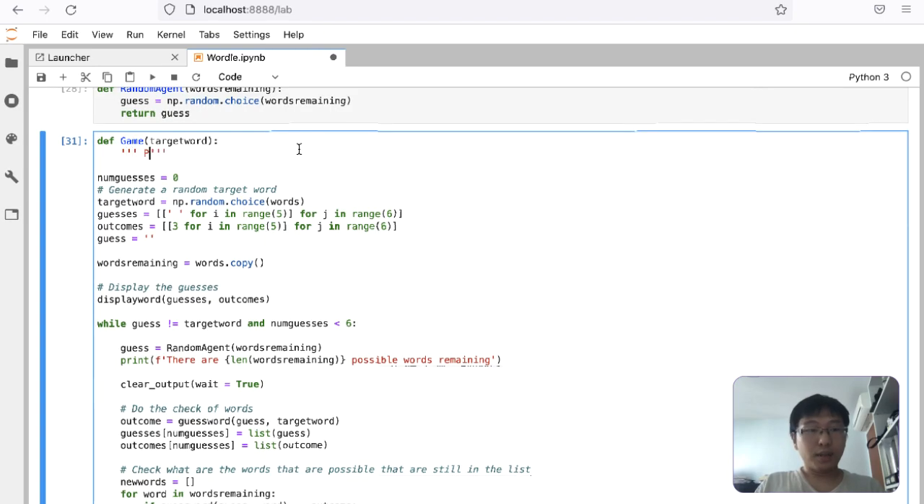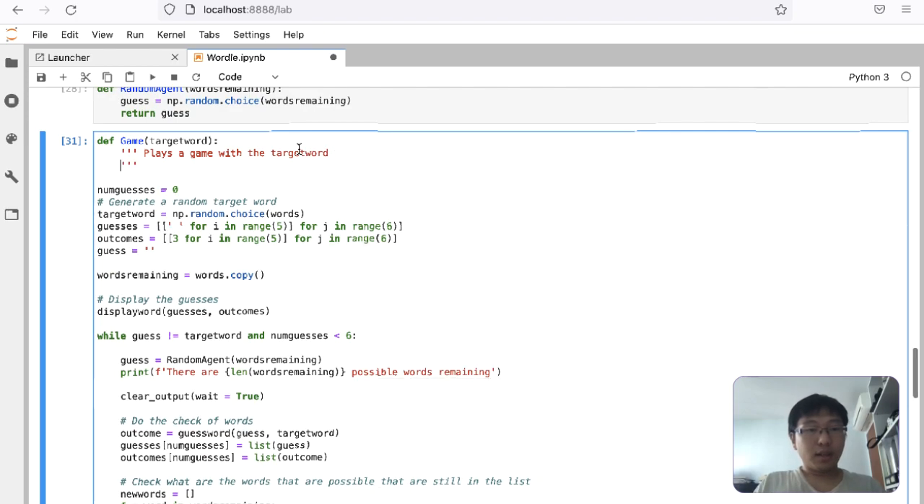Okay, play a game with the target word. What does it return? It returns the number of guesses for the word. And the number of guesses is capped at 6, I guess. Yeah, so